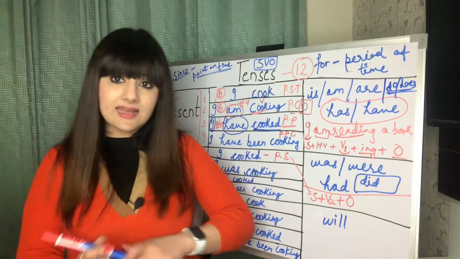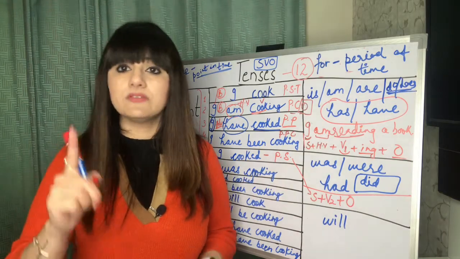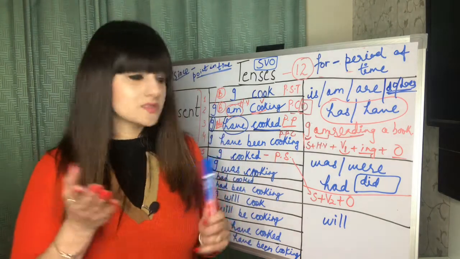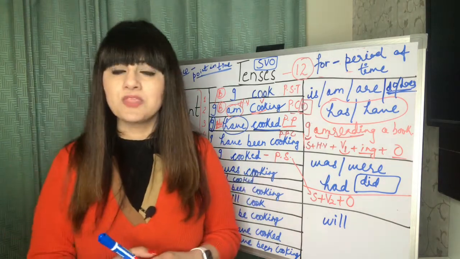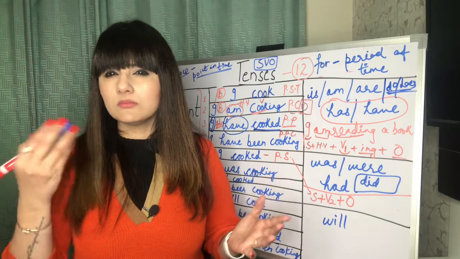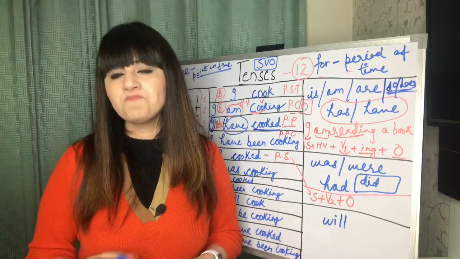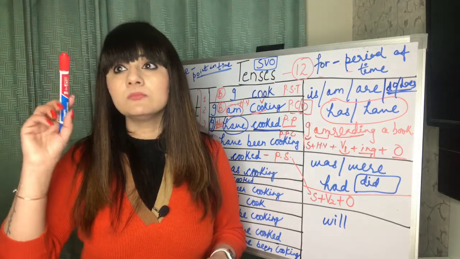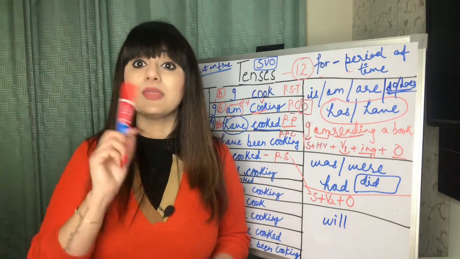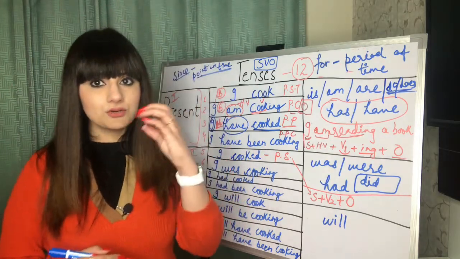And one more thing, with did always use the first form of the verb. Here is the kind of mistake people make. If I say "I went to the market yesterday", that's fine. But "I didn't done that", that's wrong. "I didn't went there", that's again wrong. "I didn't go there." All right, so here you could see the difference.